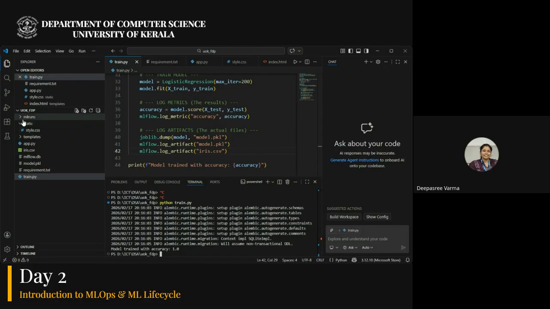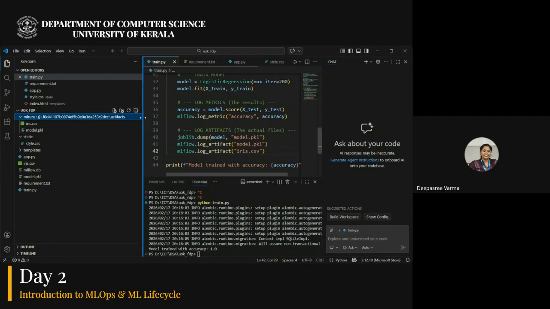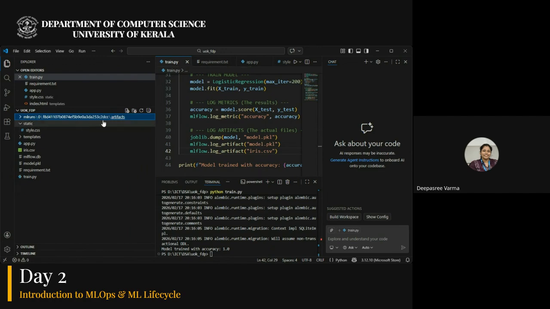And you can see a new folder appeared here after you run this, with the first run 0. Inside which you can see there is a version and a set of artifacts. If you want to see it fully, you can just click like this. You can see the artifacts in here. It has saved the data it used in this current run, and also the model.pkl it has used.